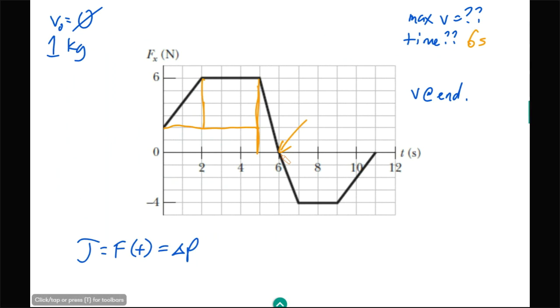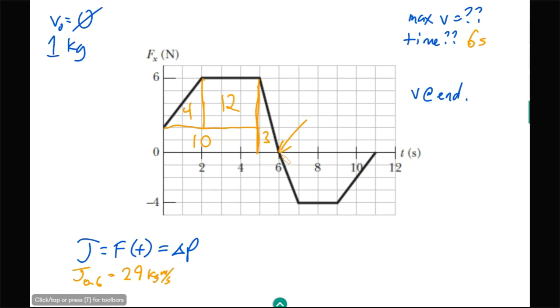So to figure this out, let's see, 1, 2, 3, 4, 5 times 2. So this is 10. 1, 2, 3 by 4, that's 12. 1/2 of 2 times 4 is 4. 1/2 of 1 times 6 is 3. Adding all these up, that means my impulse from 0 to 6 seconds is equal to 10, 20, 26, 29